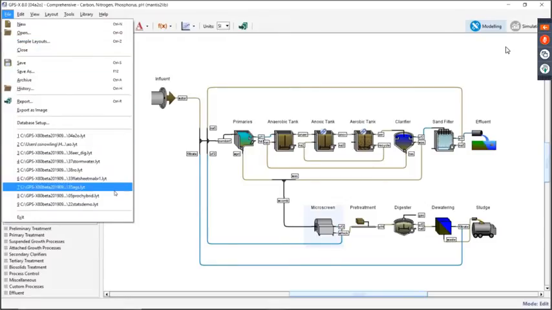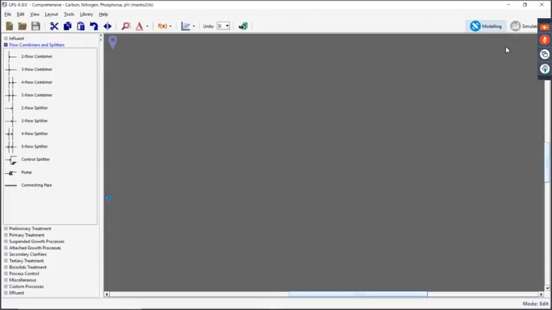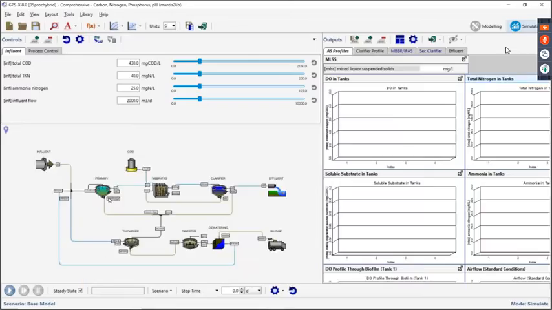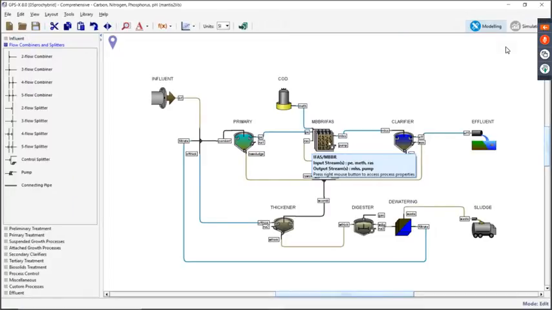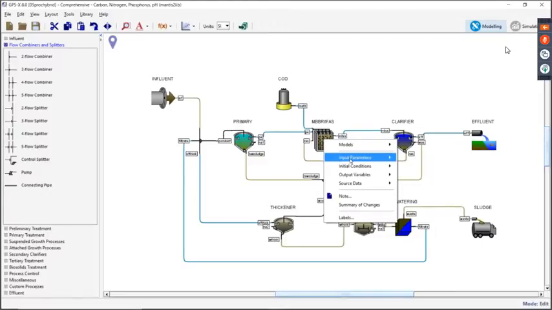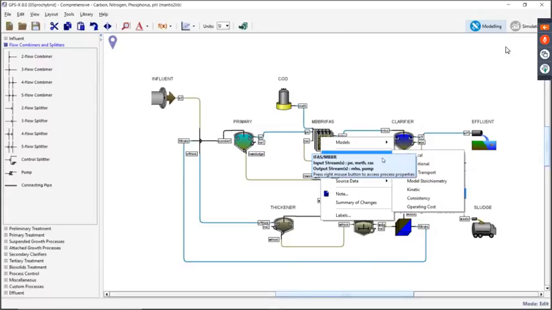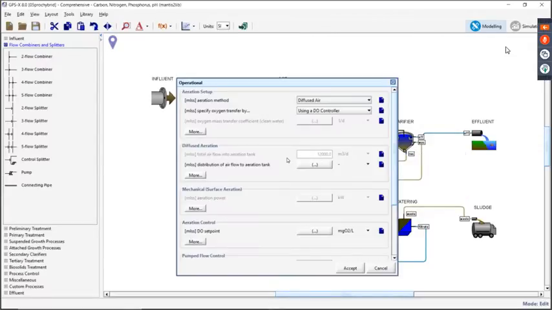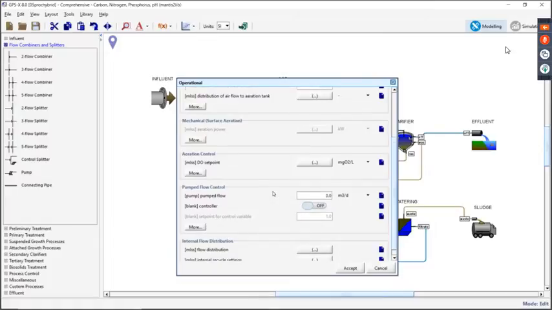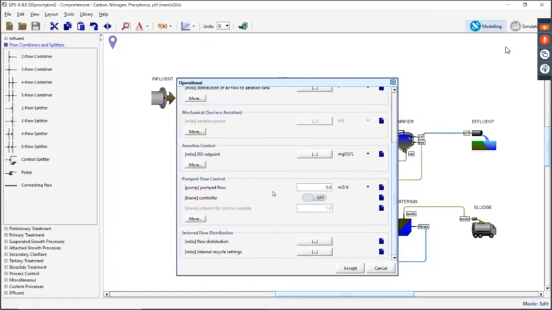Okay, so speaking of menus, I'm going to flip over to another layout now. I wanted to highlight a couple of interesting things that our software developers have done with the way the menus work. If you're familiar with our IFAS model and our MBR model, you'll note the operational menu was a very densely packed thing that had a lot of information. It still is to a certain degree. But we had many of these array vectors down at the bottom that represented settings used across the length of this plug flow tank.